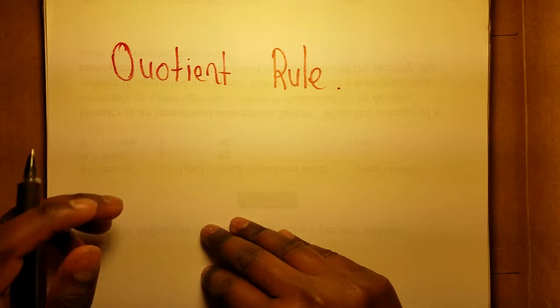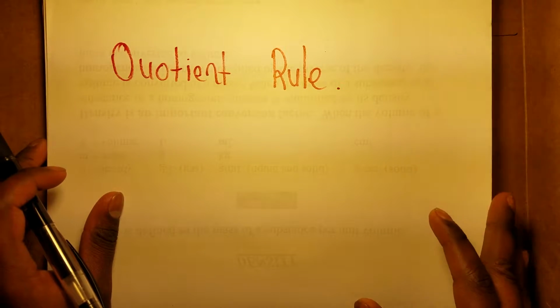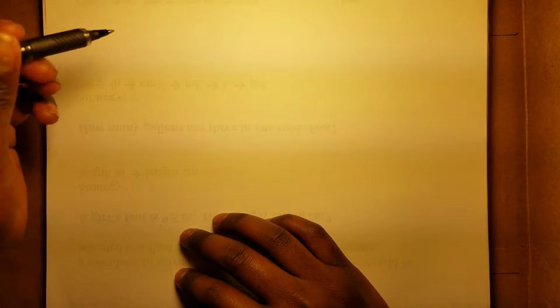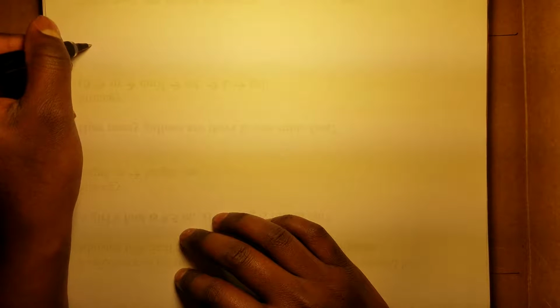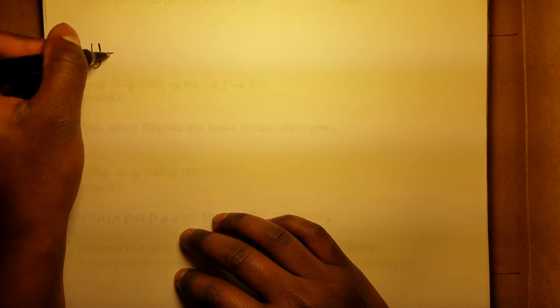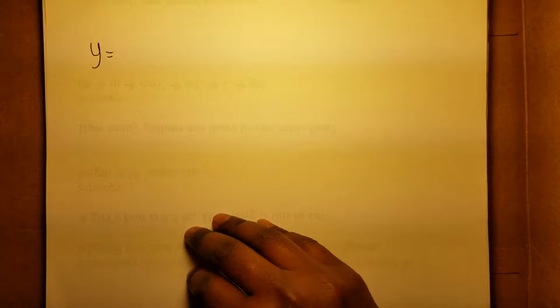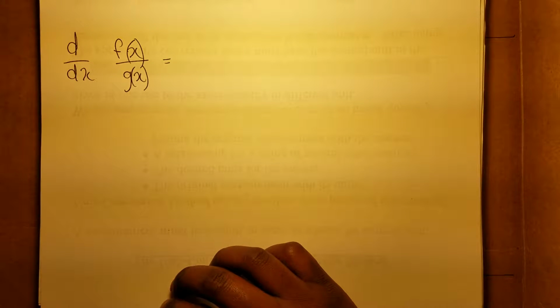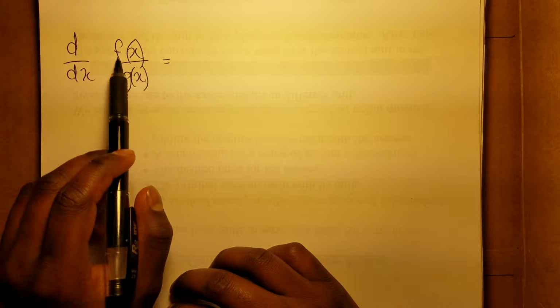So now we're going on to the quotient rule. What is the quotient rule? Well, the quotient rule is, let's say I have y is equal to 3x minus 1 over x squared plus 2. So the quotient rule is like if you have a function like this, f of x over